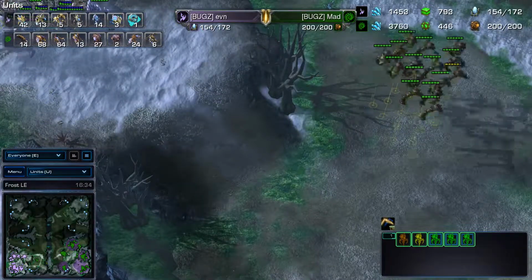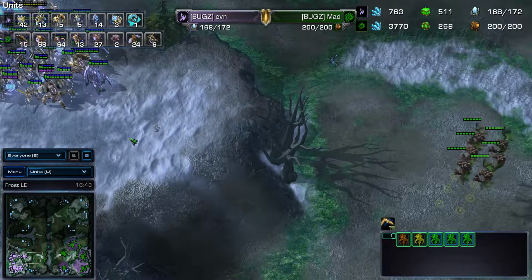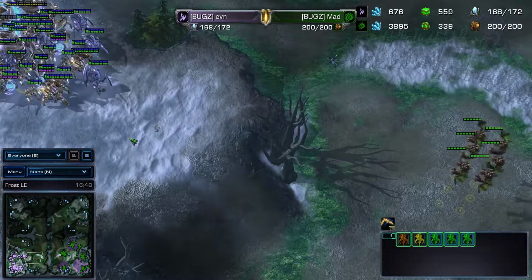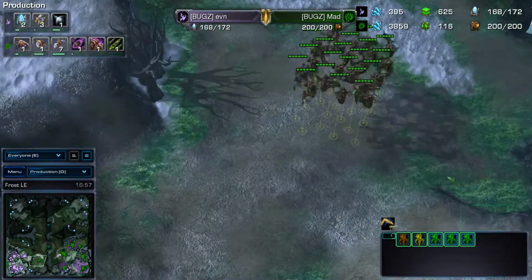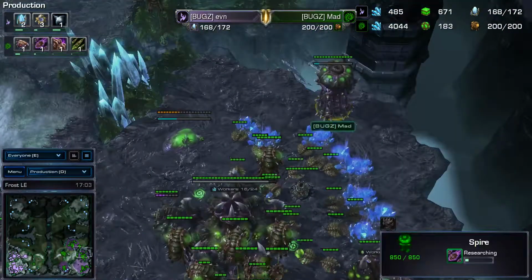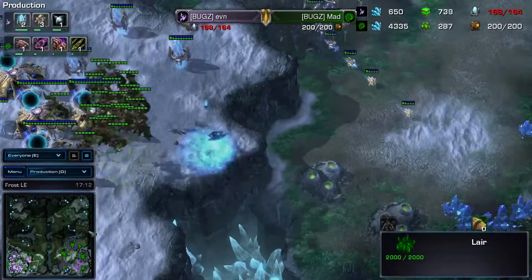Okay, and Ivan is 200, with 24 mutas, 13 Hydras, 64 lings. I don't know, the lings will die so fast. The lings and the Hydralisks will die, that's the only problem, because there's so many Colossus out. 5 Colossus right now. Infestation pit, I don't know if he is going to